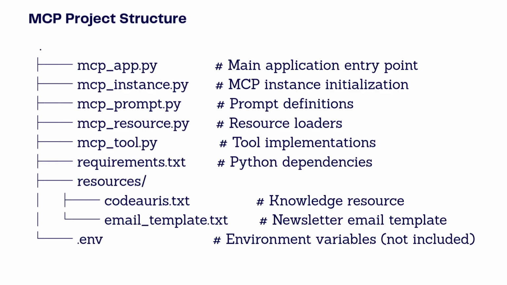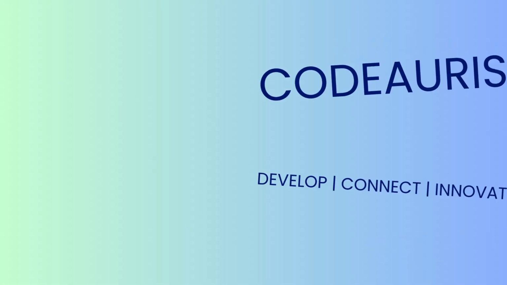In this video, we explored how the MCP server brings together prompts, resources, and tools into a unified ecosystem, allowing the model to retrieve data, run actions, and interact with external systems seamlessly. If you haven't watched our previous video on Model Context Protocol fundamentals, be sure to check that out first. It covers the core concepts and setup. And in upcoming videos, we'll dive deeper into building custom MCP extensions, connecting to real-world APIs, and enhancing model intelligence through context orchestration.